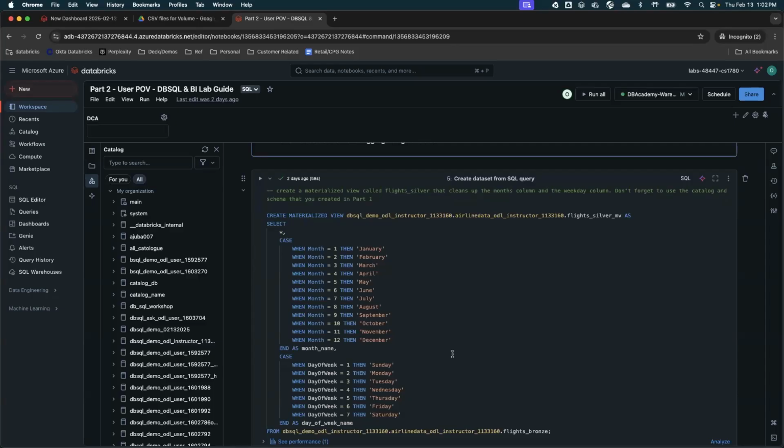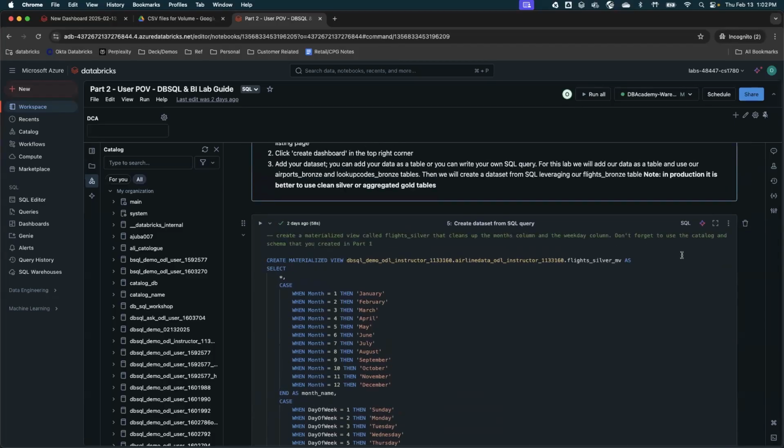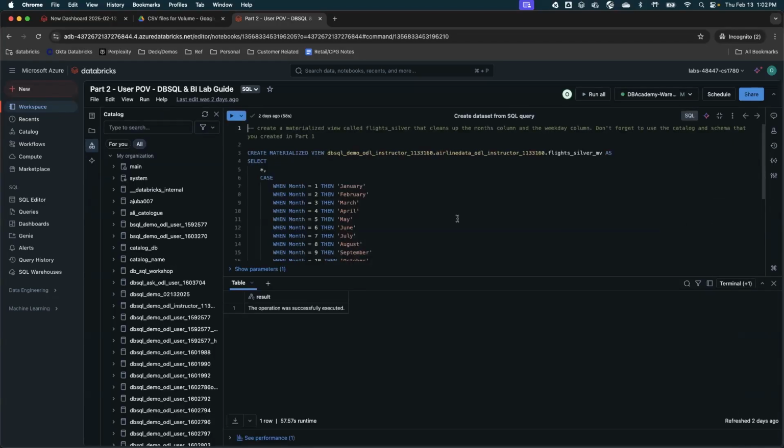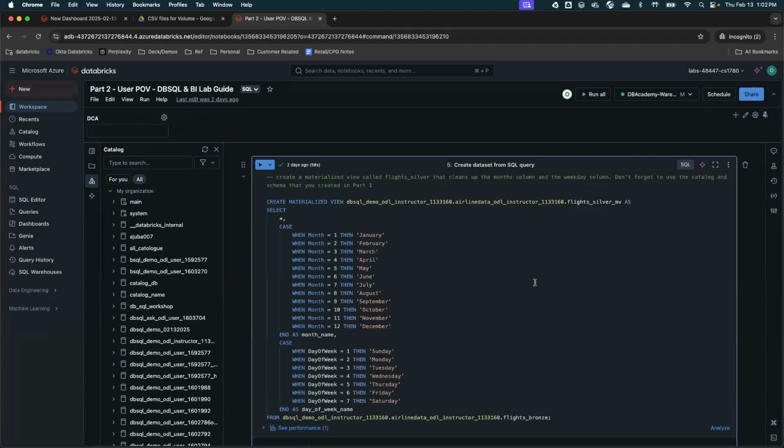If day of week is one, then it's Sunday. Based on that, I'll create the materialized view. You can go here and click here, and then you should be able to see the query in the SQL editor. If you run it, it will take some time, and then you should be able to create the materialized view.